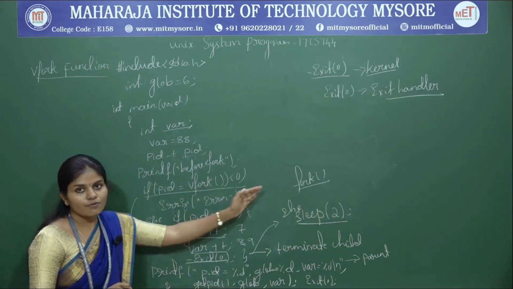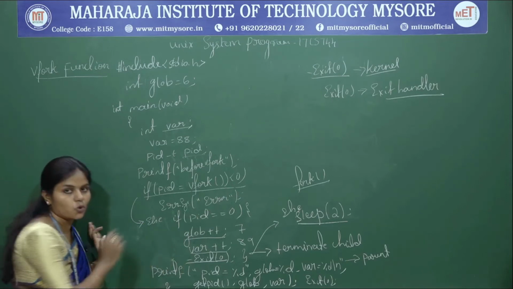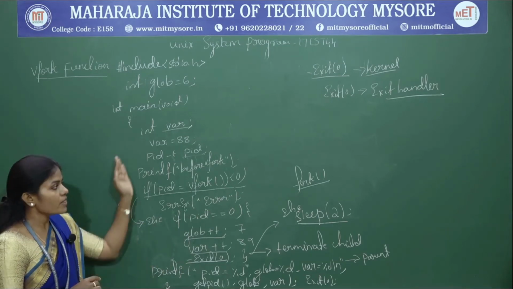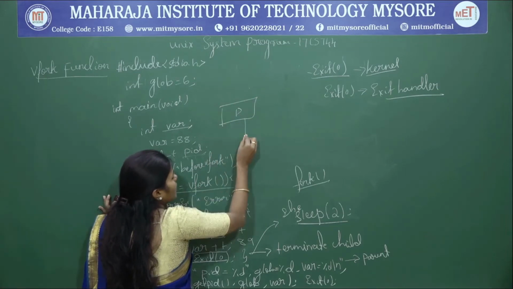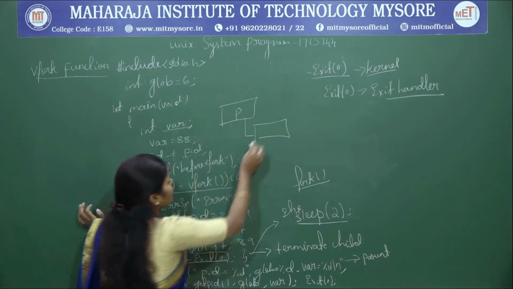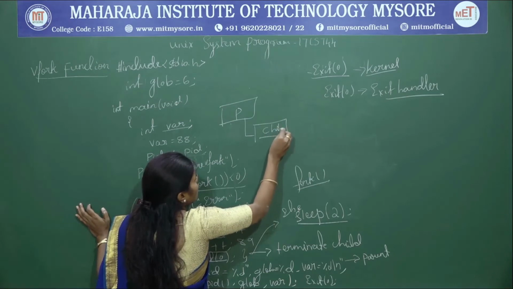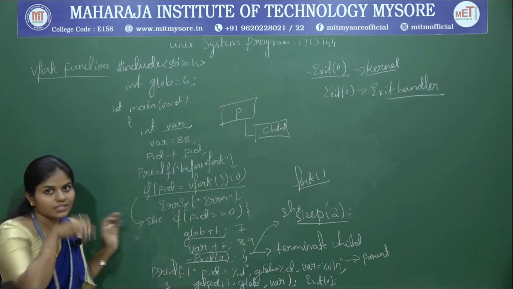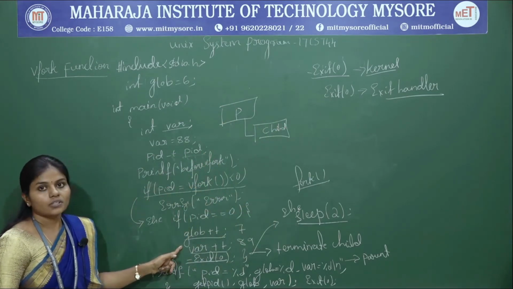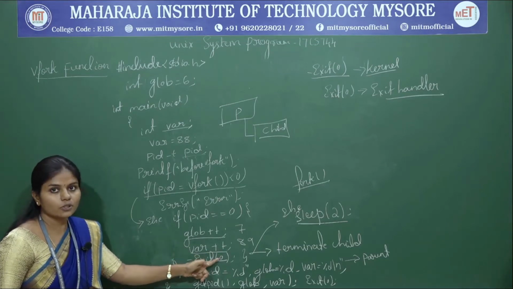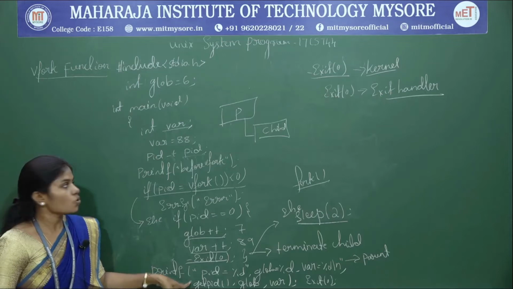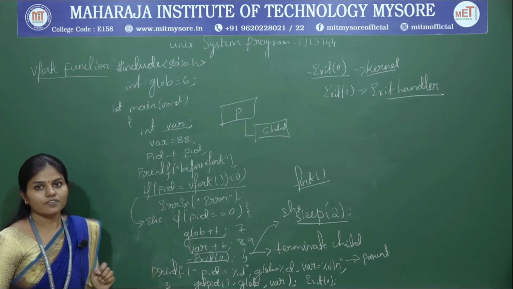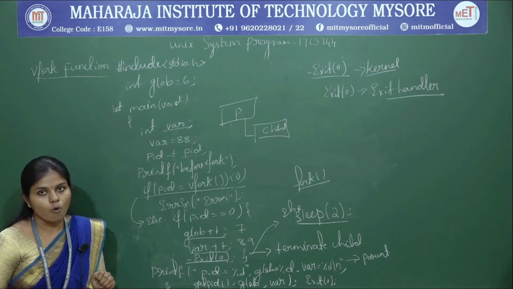So in the fork command, we are not going to do anything. Why? Because when the parent creates the child process, the child is going to execute all these statements and terminate. Once it terminates, only then will the parent wake up, right. That is the major difference between the fork and the vfork function.